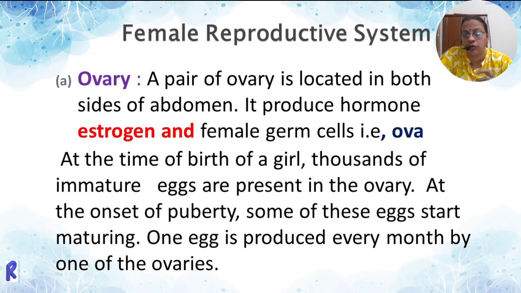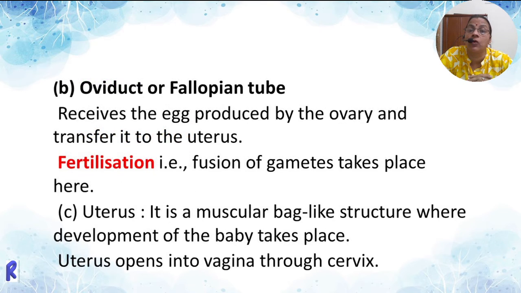The process of release of ova from the ovary is called ovulation. So every month the ovulation will take place approximately on the 14th day of her cycle. And the released ova will be collected by a cup-like structure, which terminates in finger-like structures like this. These finger-like structures are called fimbriae. They will vibrate, and as a result, the ova will be taken into the fallopian funnel,